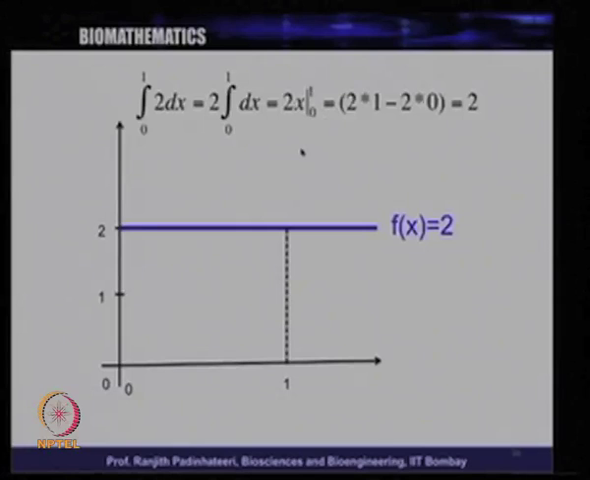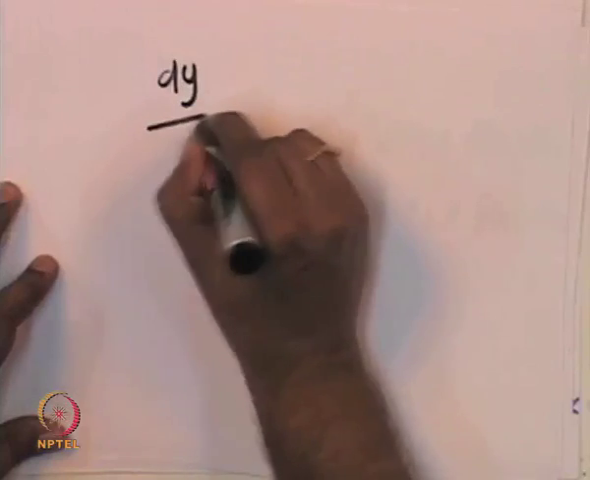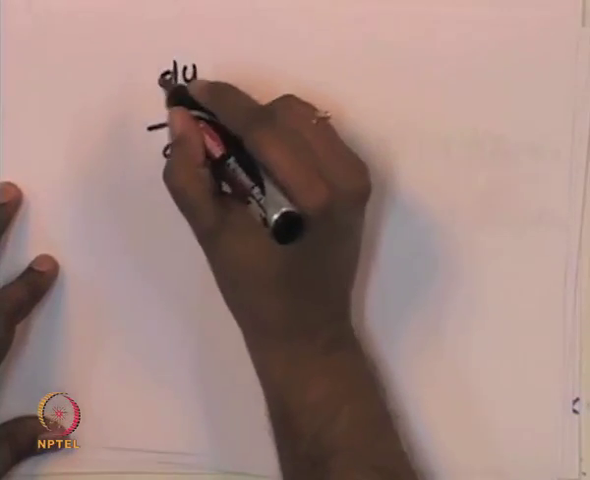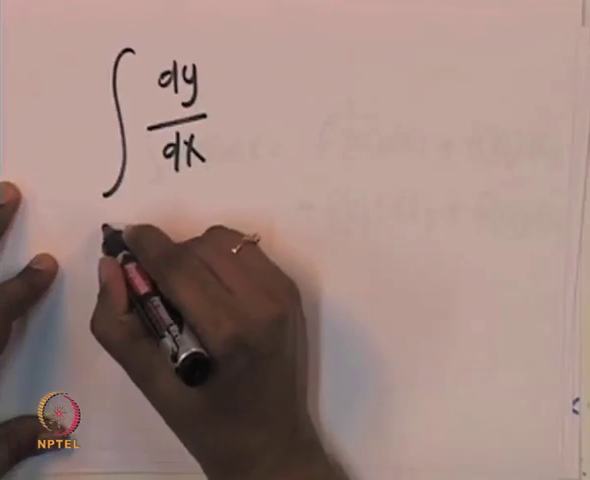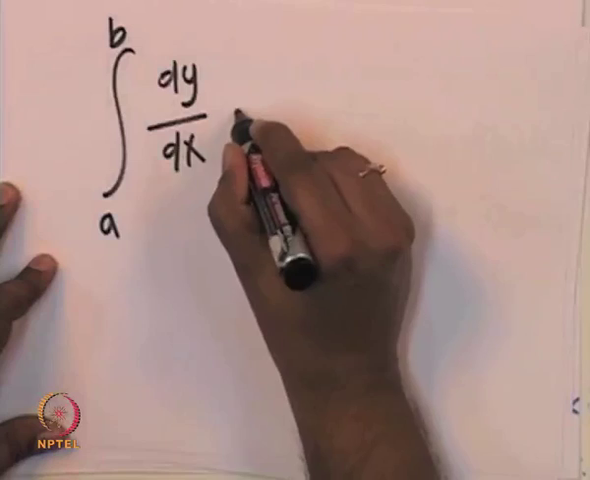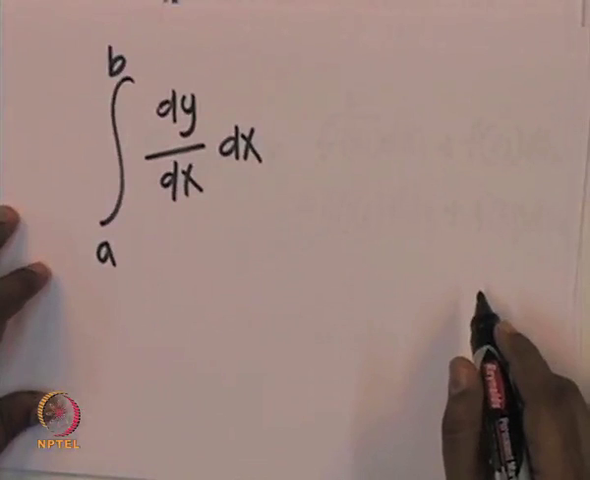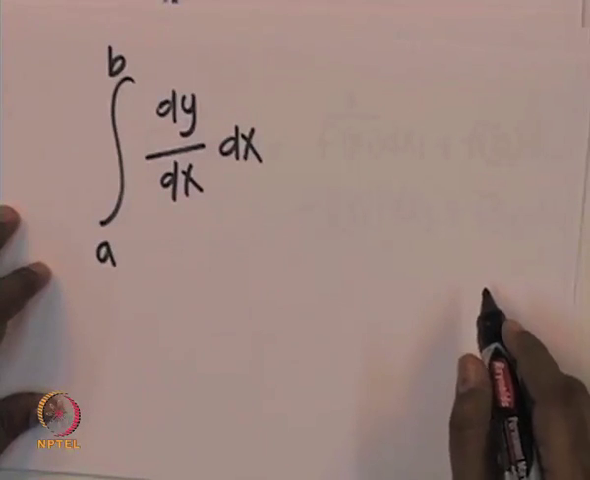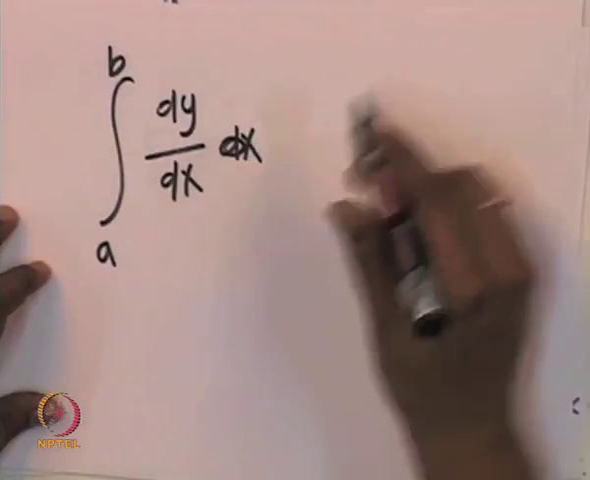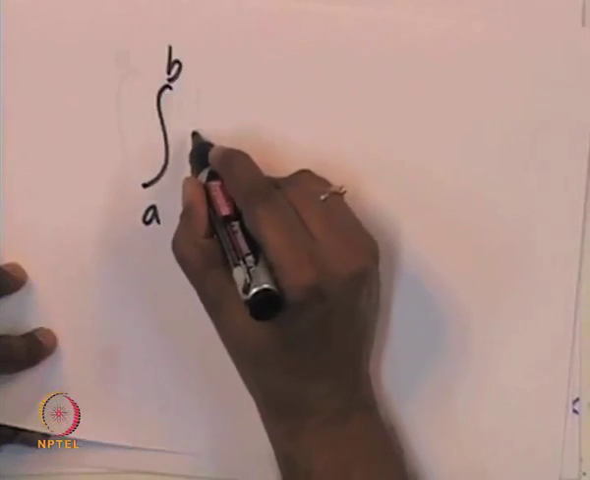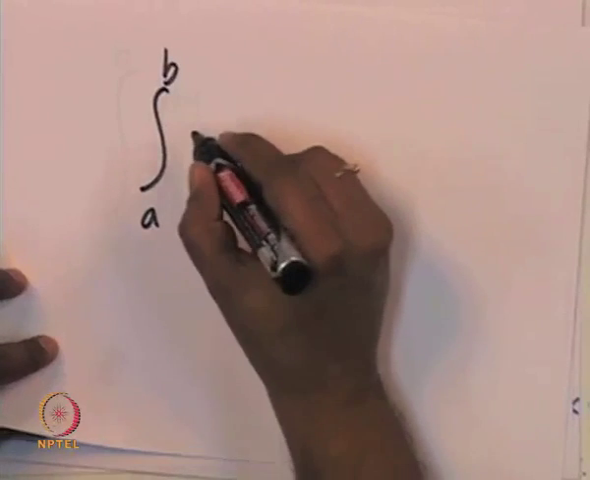So, let us say dy by dx is our derivative, and we want the integral of this between a and b. So, we want to find out the integral of this. Let us take a different example. Let us take the integral from a to b of dy by